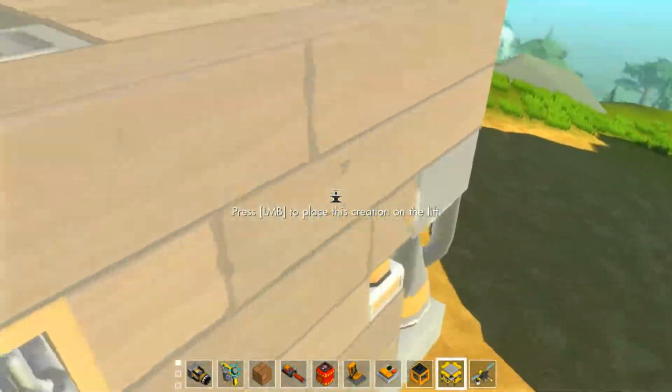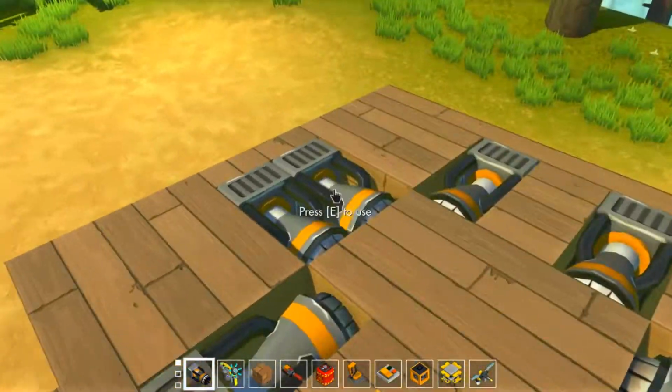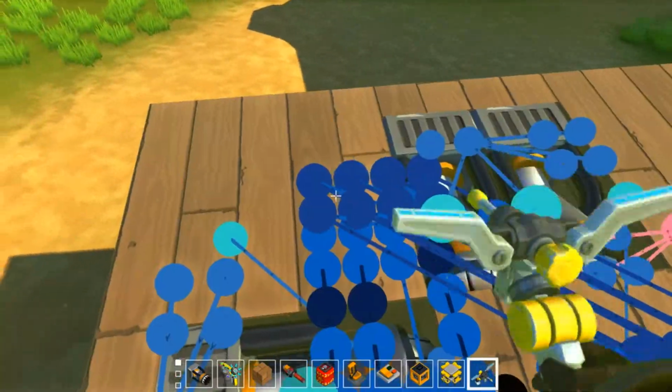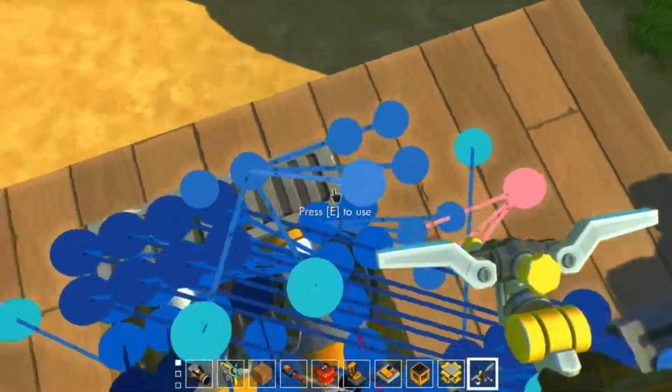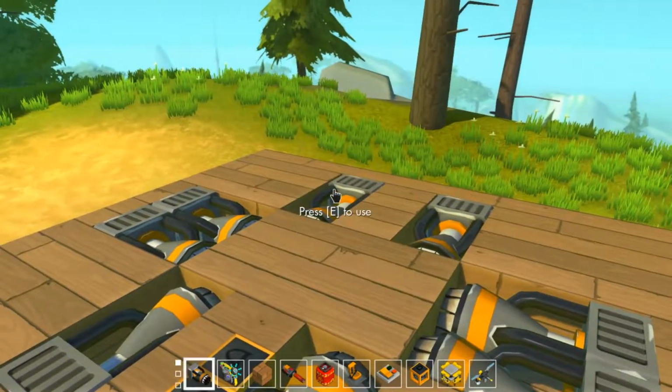And then if we get up to what's currently the top layer, this is where all the thrusters are, and then there are logic gates here for the inputs to the thrusters for which direction we'll go. So